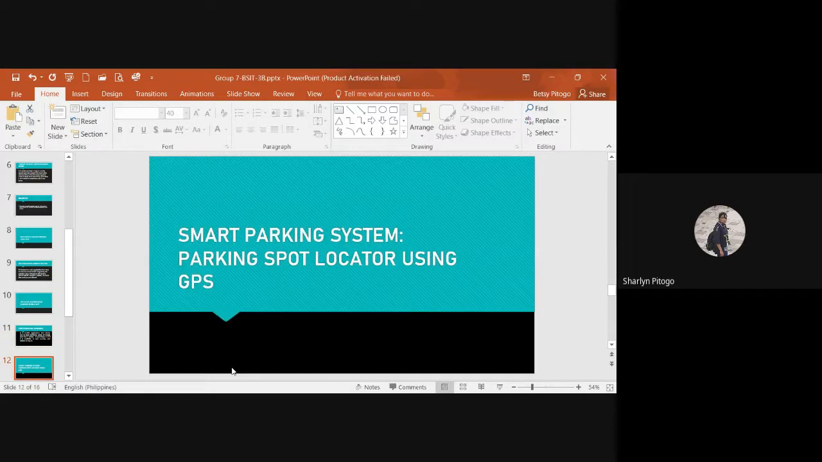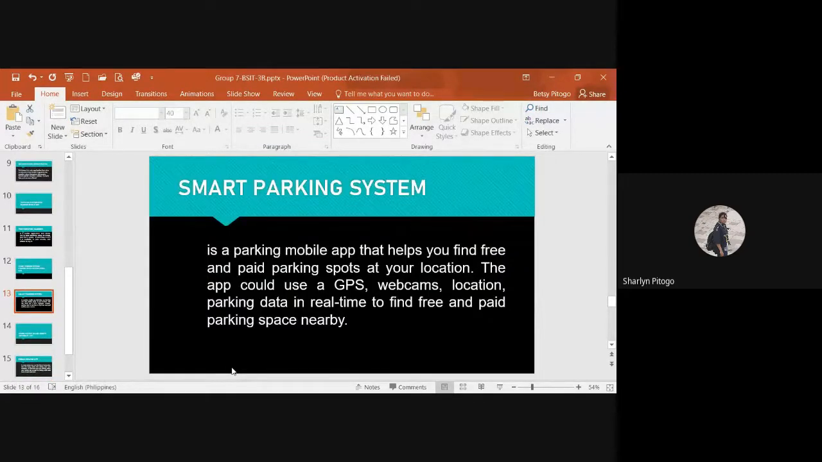So the next proposal is Smart Parking System, a parking spot locator using GPS. The smart parking system is a parking mobile app that helps you find free and paid parking spots at your location. The app could use GPS, webcams, location, and parking data in real time to find free and paid parking space nearby. In our modern days,